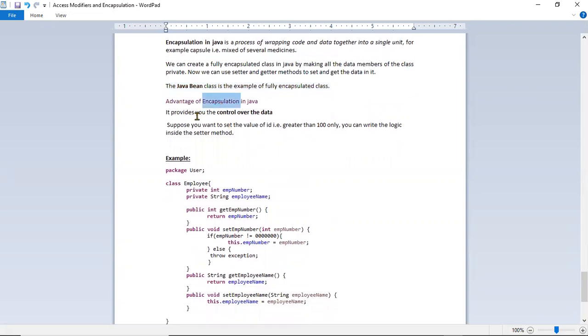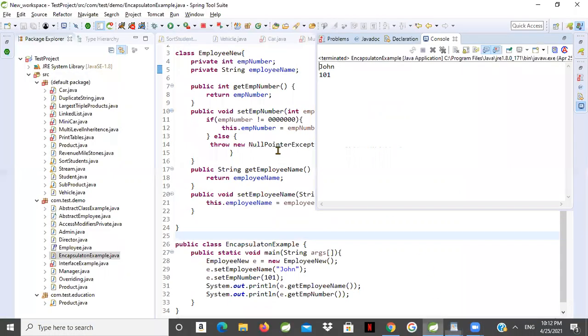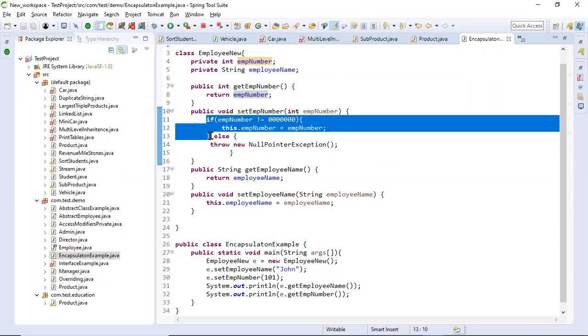Advantages of encapsulation: it provides you control over the data. In this example, there is an employee number. If you want to put a validation, like if there is an employee number with all zeros, you have to throw an exception. Otherwise, just set the data. If you want to put this kind of validation,